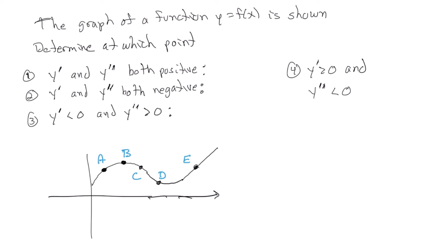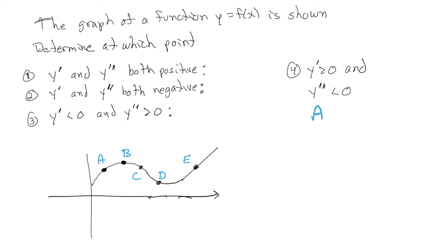So point A, what's happening at point A? At point A, the function's increasing, so y prime is positive. But the function is concave down, so y double prime would be negative. So that puts us in number 4, y prime being positive because we're increasing, y double prime being negative because